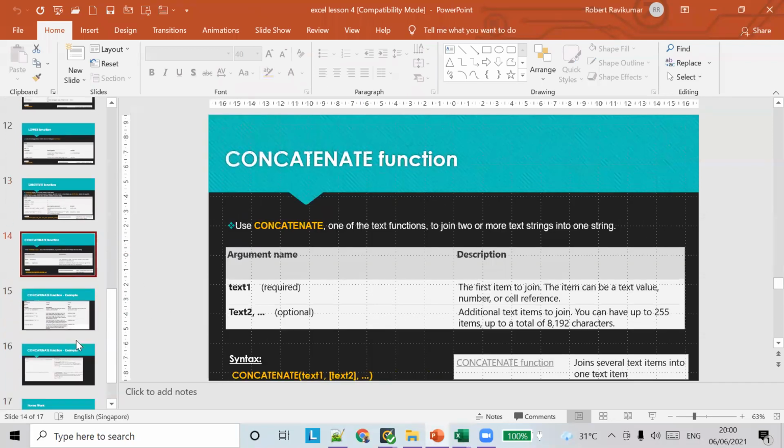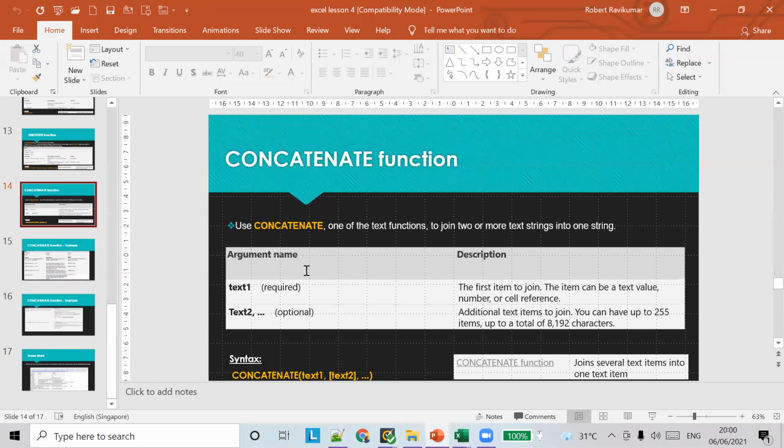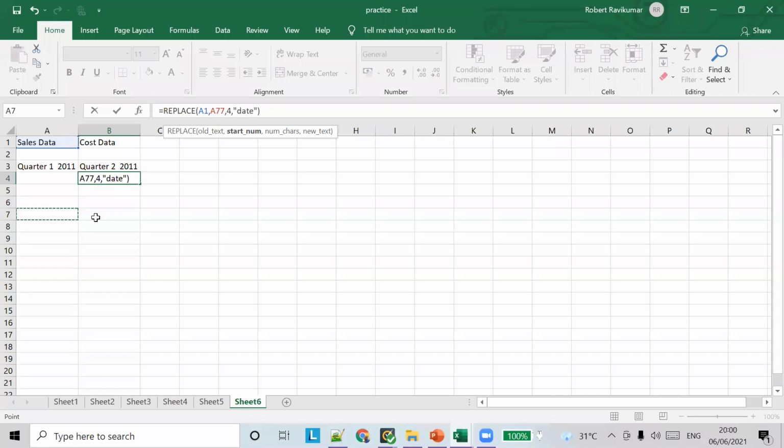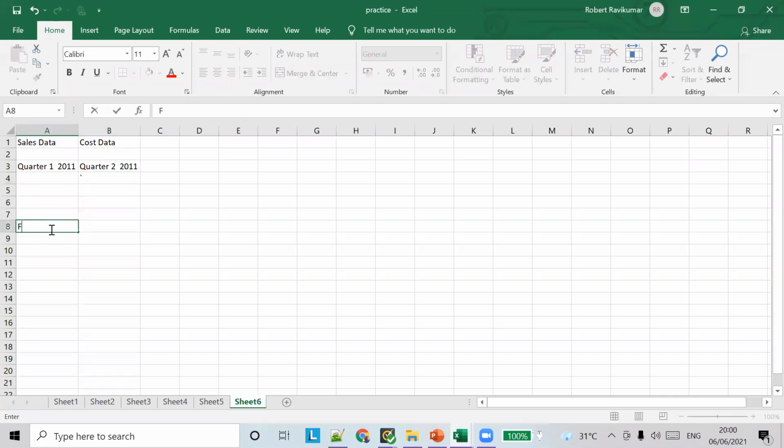So there is another function called concatenate. We don't have much time now. So concatenate. Let's say first name, last name. We can concatenate strings, right?